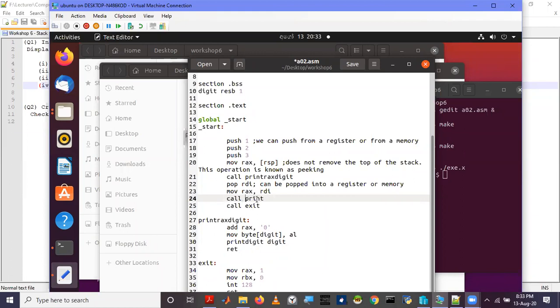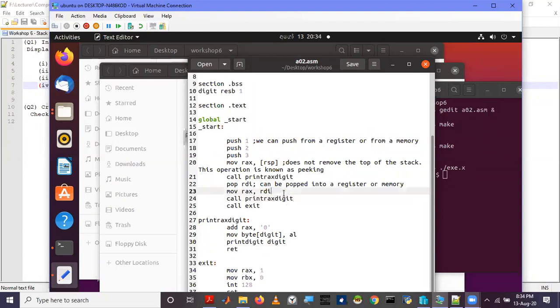So we are going to print the RAX digit. So we pop. Numbers 1, 2, and 3 are there, so 3 is at the top of the stack. When we pop 3, that means we take out 3.